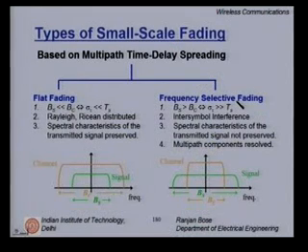Graphically, let us look at what is happening. In the first case, which is the flat fading scenario, on the x axis we have plotted the frequency. Here you can see that the signal bandwidth is represented at the baseband in green and the coherence bandwidth in orange, and you can see that the coherence bandwidth is much larger than the signal bandwidth. If such a situation occurs, you encounter flat fading. In such a situation, you will also find that the received signal is not distorted.